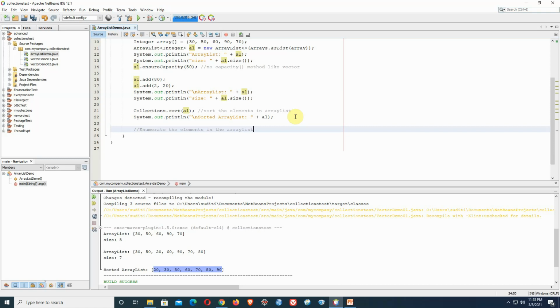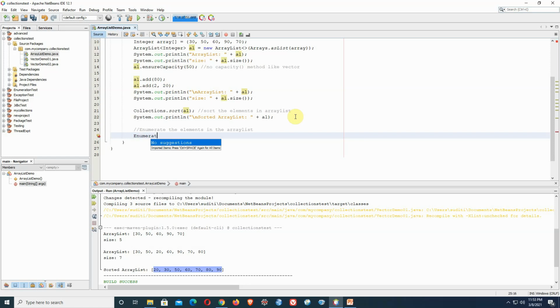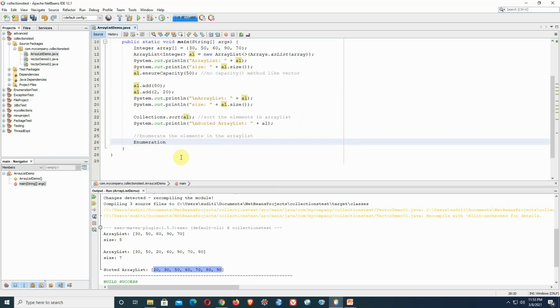For that we need Enumeration, which is made available here.